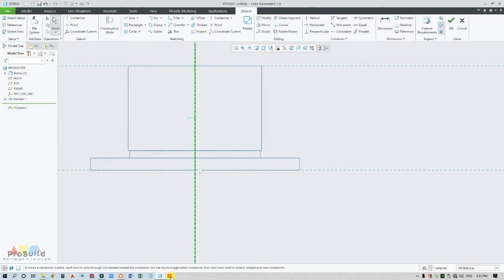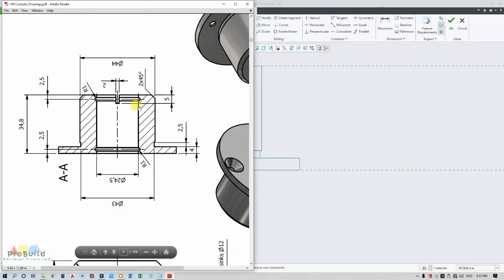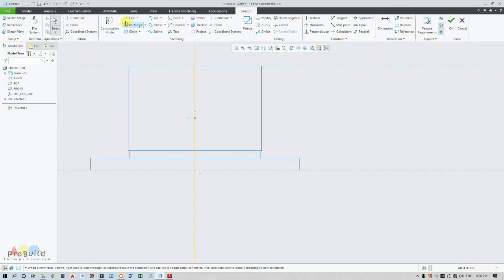Now I'm going to draw the sketch. You can find the hole here. The hole's diameter is 24.5, but you can find one circle of radius R1 on either side, at an offset distance from the top and bottom of 2.5 mm.